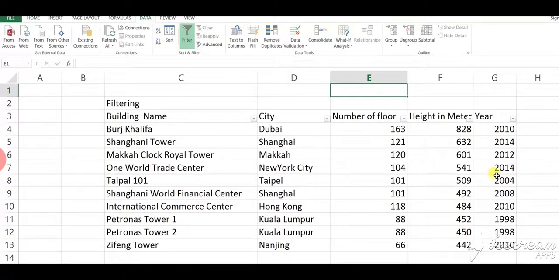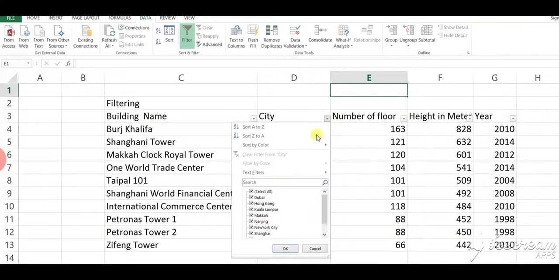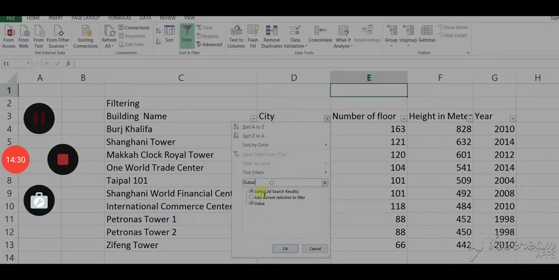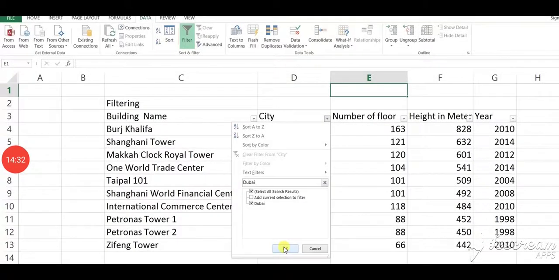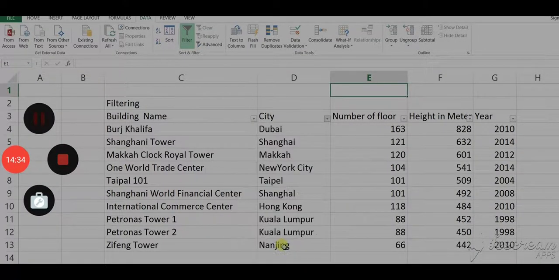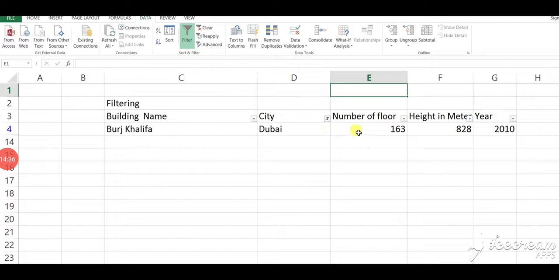Now next one is, we can find out a record on the base of search condition. Click on the search box and type there a name and then click on OK. On the base of this, we can find out the record.